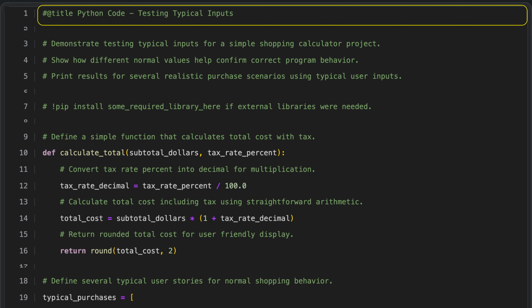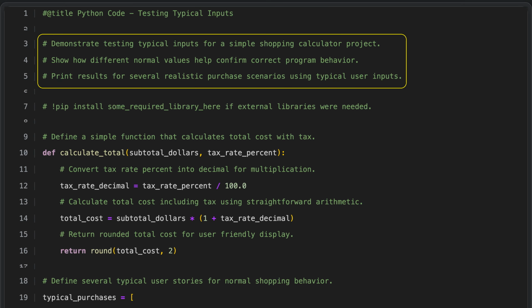Python code. Testing typical inputs. Test the simple shopping calculator by trying typical user inputs and checking that the results match what you expect. Use normal purchase amounts and quantities to see how the program behaves in realistic situations. By printing the results for several everyday shopping scenarios, you can confirm that the calculator handles common cases correctly and